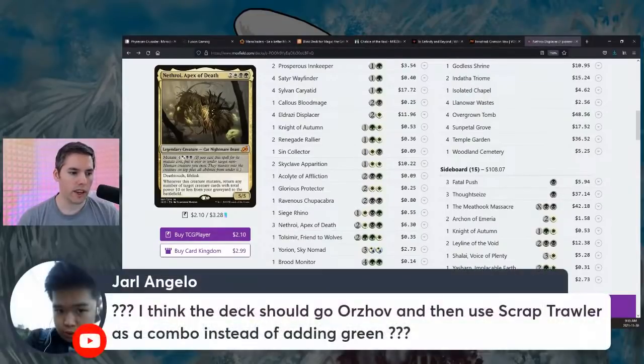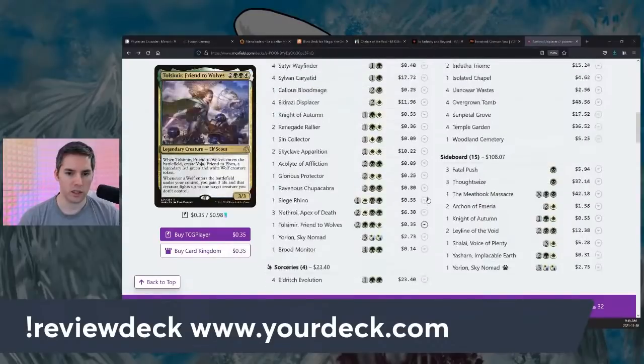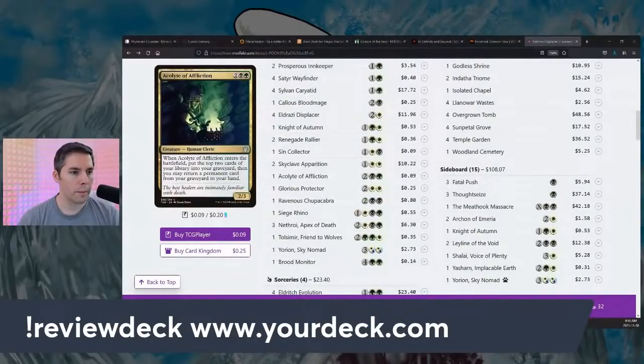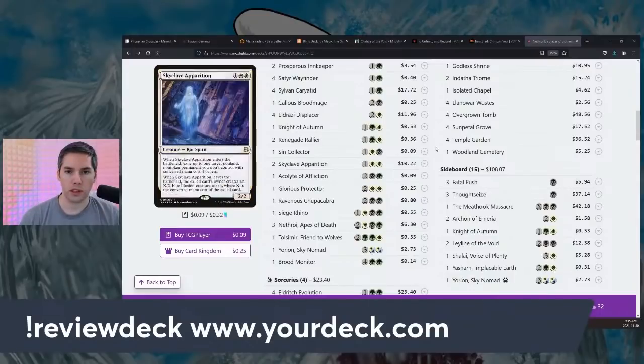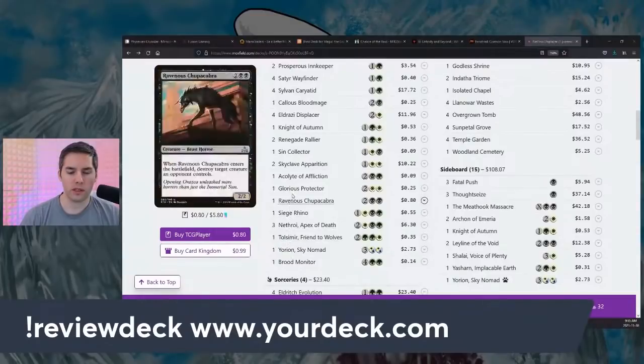You can go Orzhov because you need to play with Eldritch Evolution. Like, that's the whole point. It has at least one tutor. Use the misprinted Corpse Knight, might fool someone. I didn't even know there was a misprinted Corpse Knight. Okay, so what are your combo pieces? You said this is a combo piece, and you said...